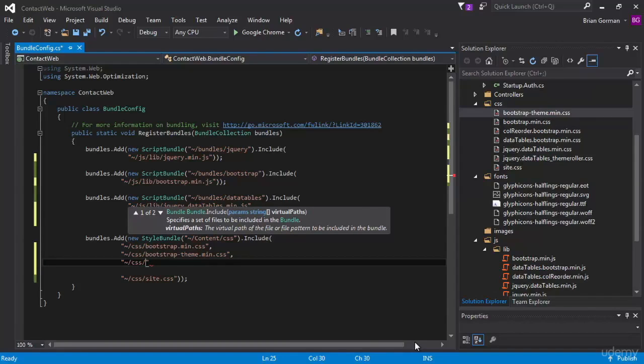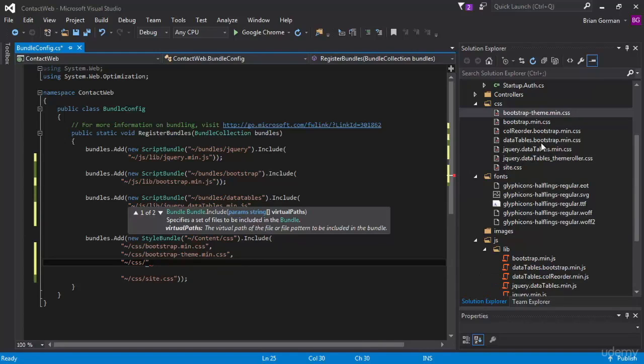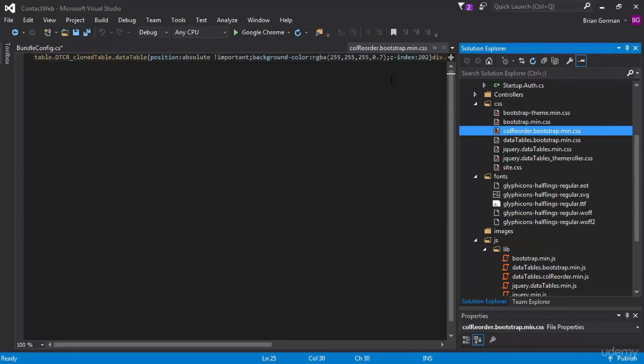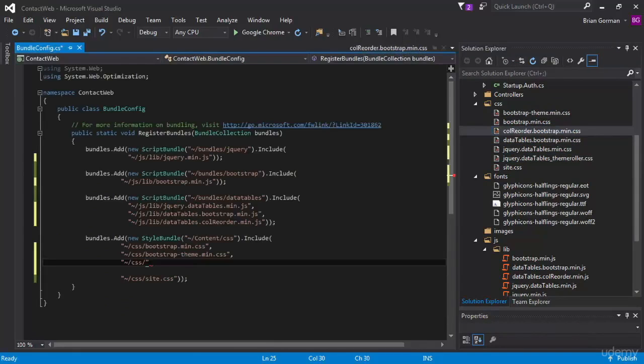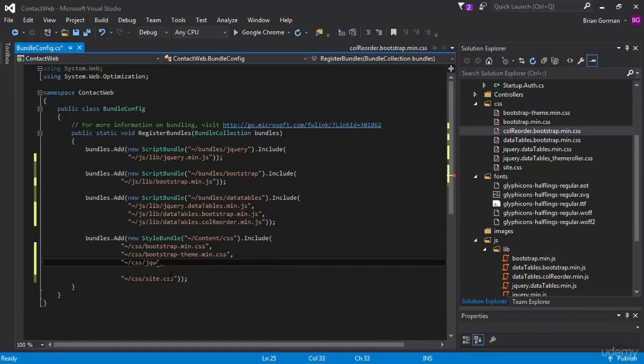Let's go to, all right, so we're going to do the two jQueries, and then we're going to do the data tables and then the call reorder. So we'll go here, then here, then here, then here. In case I make a mistake, you can do that yourself and follow along. So CSS, and we're going to go